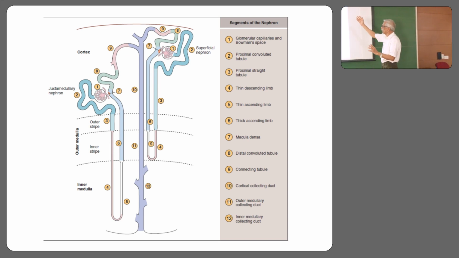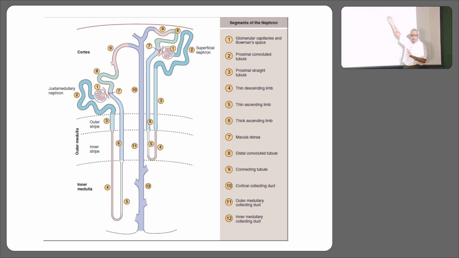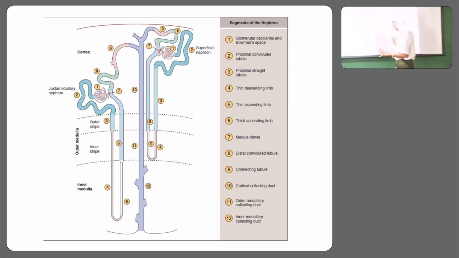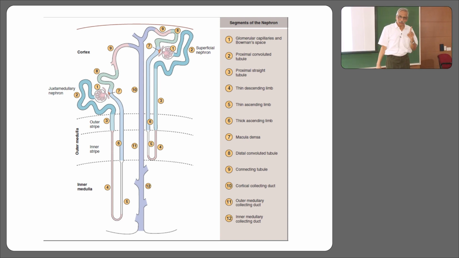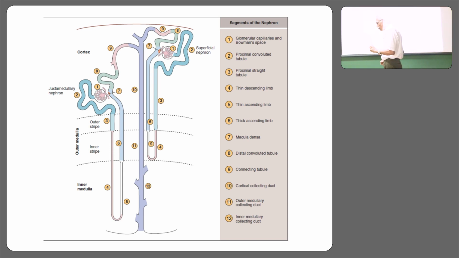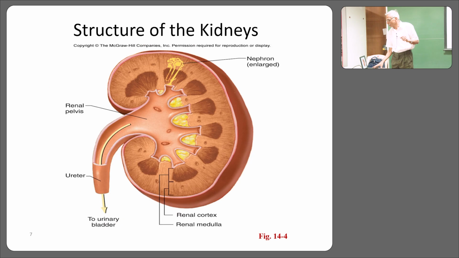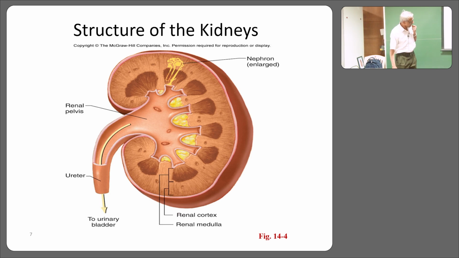About 80% of the nephrons belong to this type, and about 15 to 20% belong to the what type? Juxtamedullary nephrons are of a different type, and functionally they are distinct. We'll come to that eventually when we talk about reabsorption of the fluid. In the last slide, here I think they have labeled cortex as renal. Which one? No, I just got confused. Okay. Renal cortex, renal medulla.